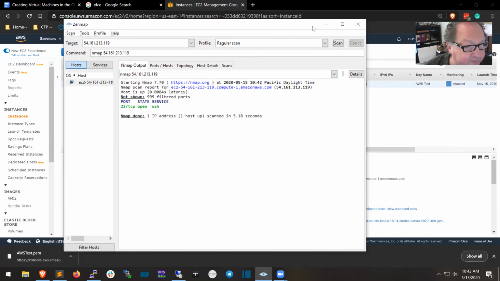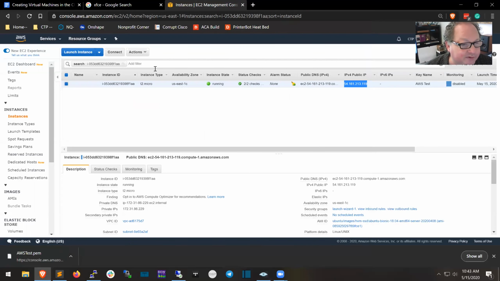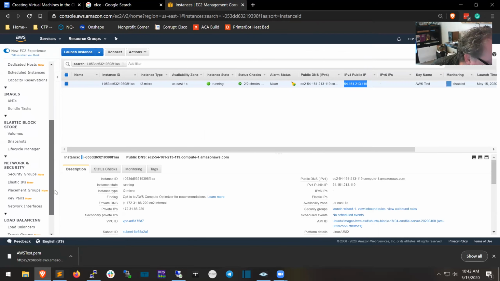And currently, it's only finding that port 22 is open. All right, that's what we'd expect. That's what I told you would happen, and that's what I discovered happens when I set this up the first time. Great. So we need to go back to the Amazon console, and our security is managed by a security